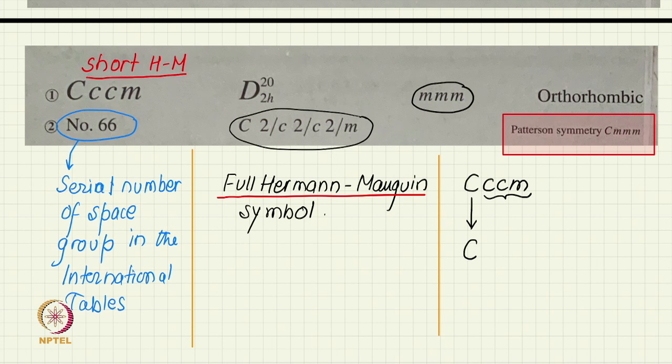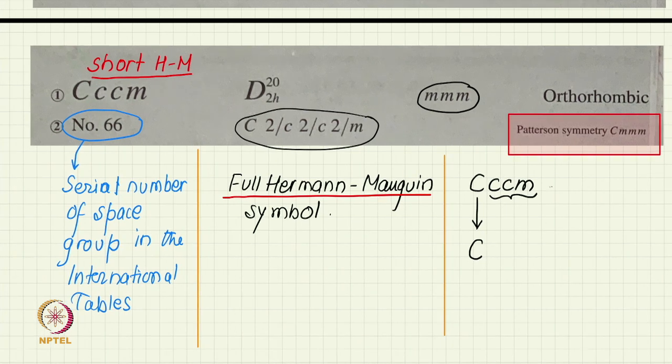For that point group, if you remember from our point group videos, one of the videos was on Laue classes. So, you have to just write the Laue class of the corresponding point group. So, in this case the point group is MMM, and the Laue class also happens to be MMM. So, we simply write C